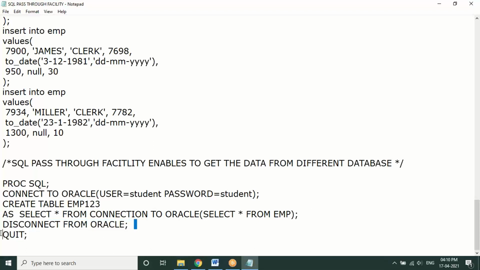Whatever database you have connected, you disconnect it, because you can connect to multiple databases at a time, and multiple users of different databases can also be connected. So connection and disconnection is very important. With this kind of syntax, you can work with any other database, not only Oracle, and pull data from different